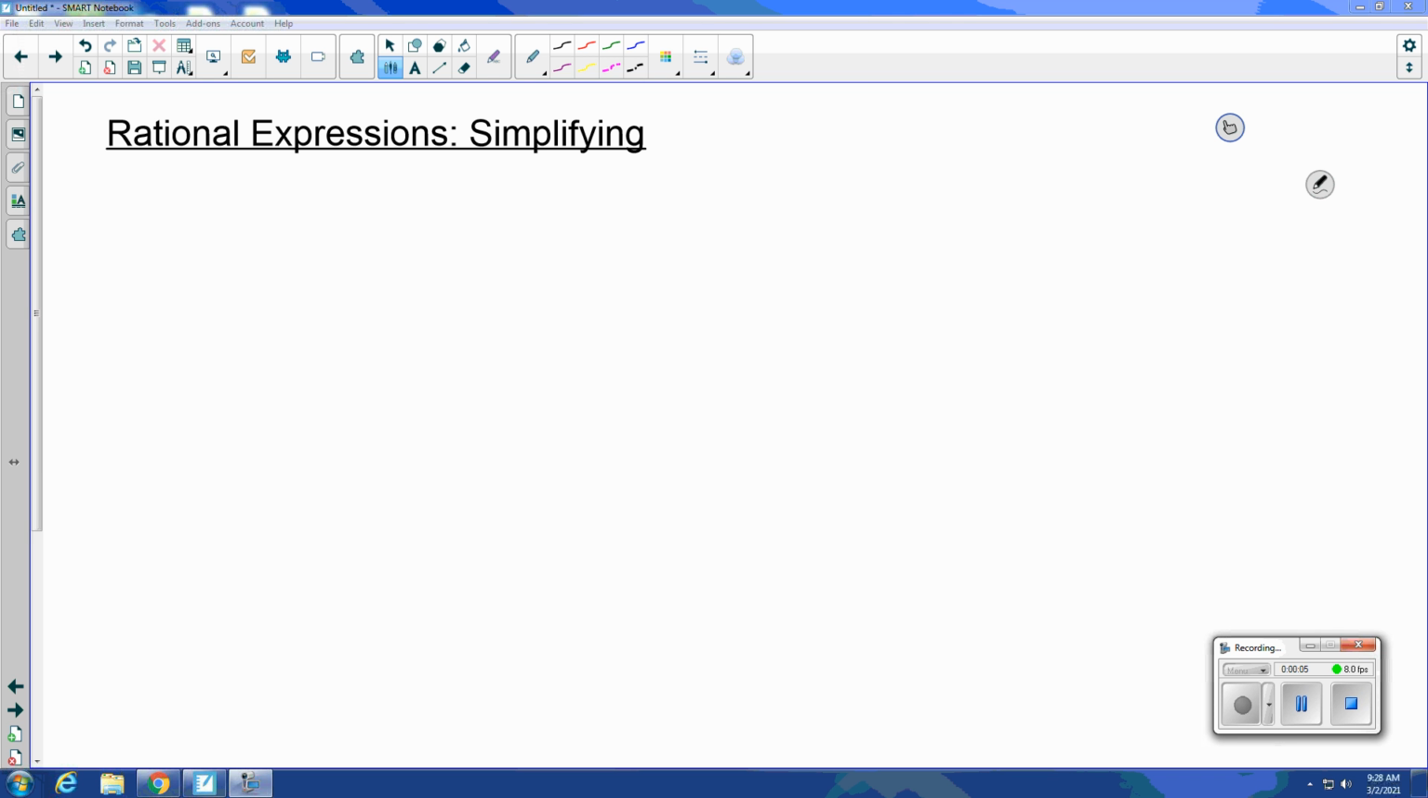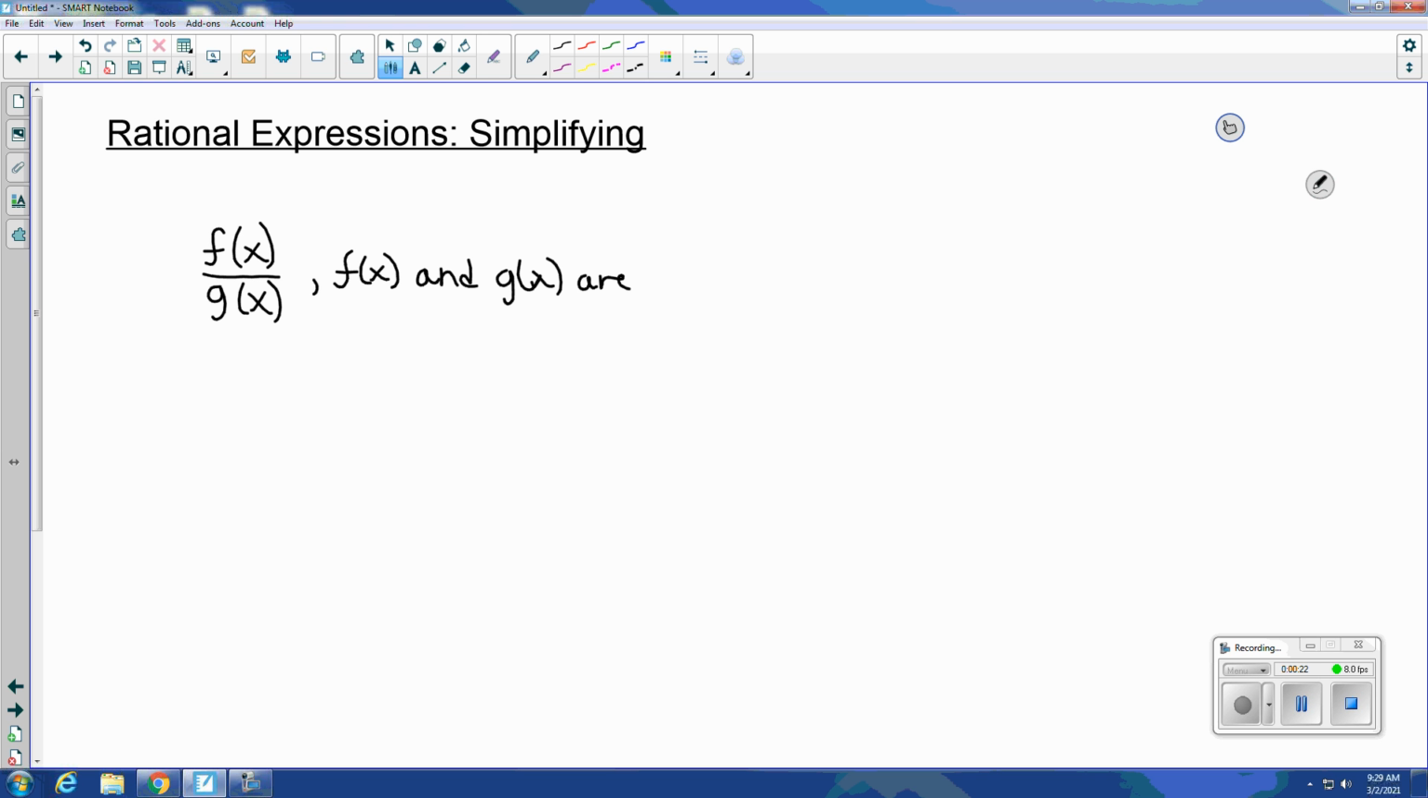Simplifying rational expressions. A rational expression is a ratio of two functions, say f of x and g of x. f of x and g of x are polynomials. And because of the structure of the expression, where it's a ratio of two terms, we cannot have the denominator equal to 0. So we are unable to have g of x equal to 0 in order to have a